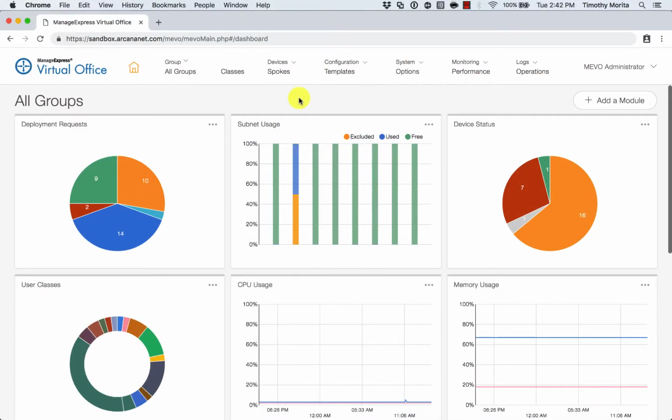When we use ManageExpress Virtual Office to create our zero-touch provisioning requests for our Spoke routers, the configuration that is pushed to our device is determined by the user class. Let's take a look at a couple of user classes in our lab environment and highlight the differences between them so that you can get ideas on how to automate your DMVPN deployment with Spoke routers that all need to